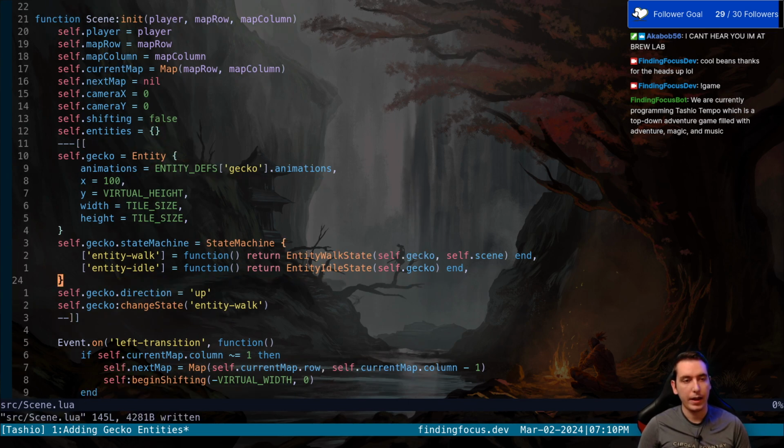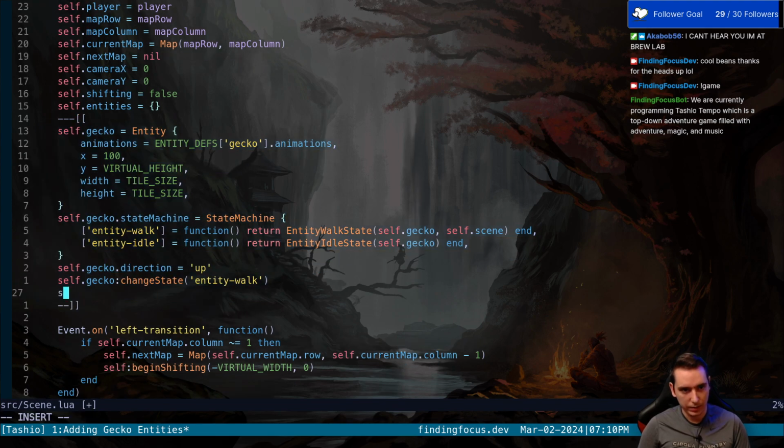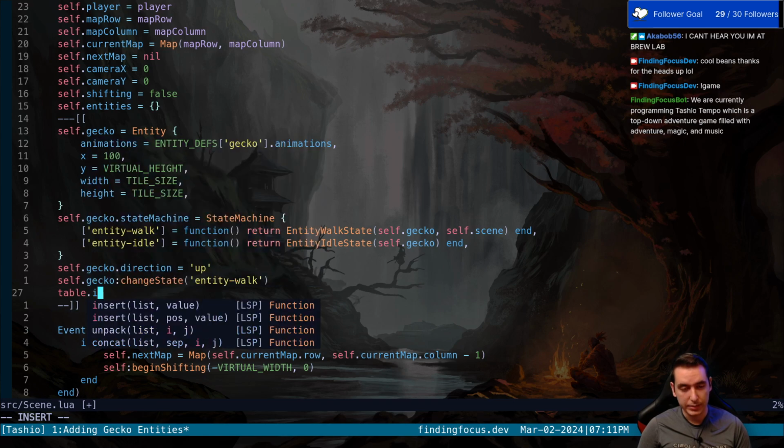Now this gecko instantiation here gets made. And then what we're going to do is insert it into our entities table, and then hopefully we'll have access to that, and then we can write a script to delete them if they're out of bounds. So we can say table.insert gets,